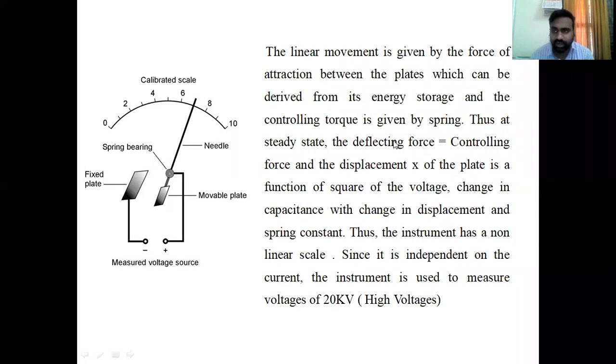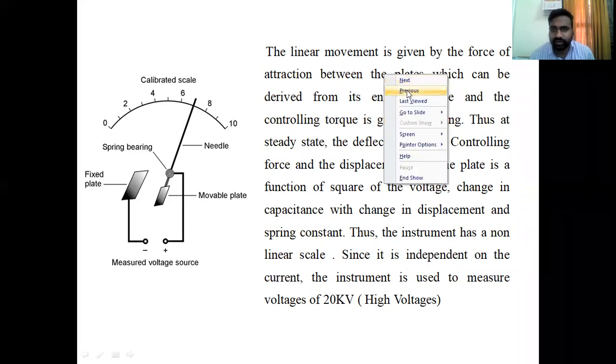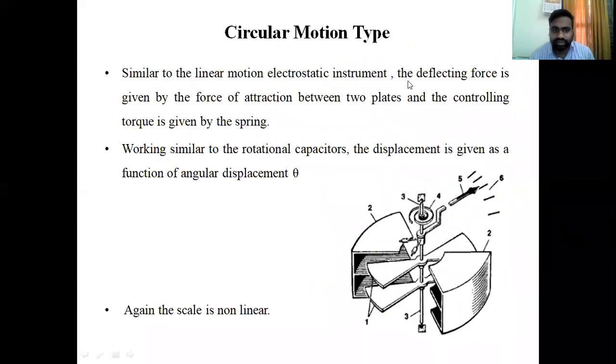Right, okay. Don't get deviated with respect to the supply polarities. Either it may be the DC polarity or an AC polarity. Our main aim is to create a strong electric field. With the help of that electric field, we have to create an attraction force or repulsion force, and we have to convert that electric field to a mechanical field. If anybody is having any doubt, you can post your doubt in the chat.